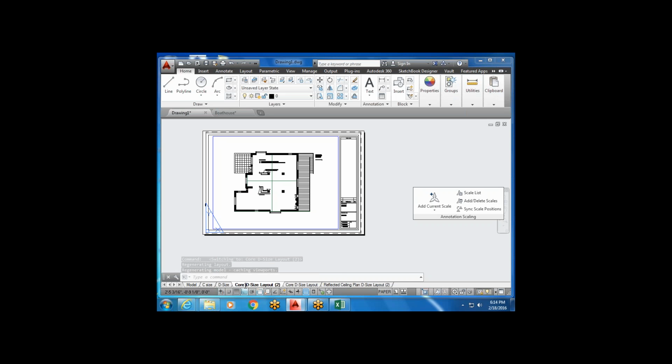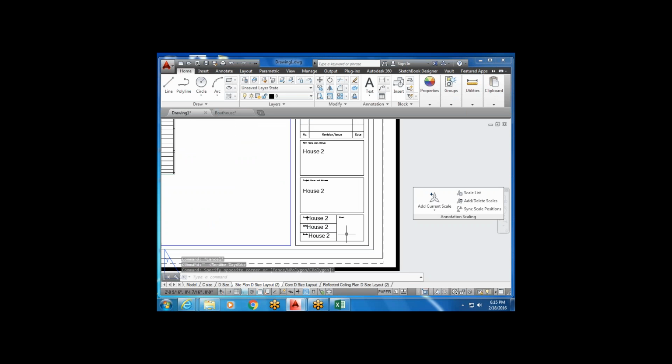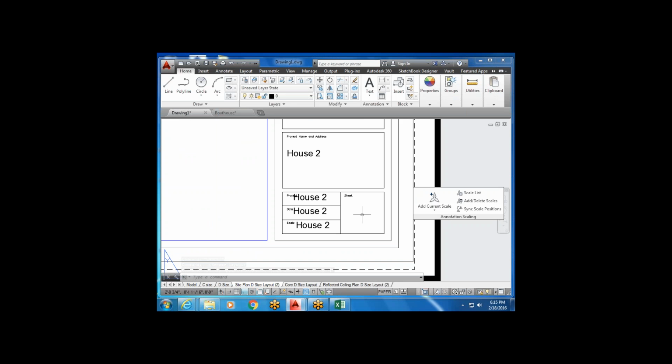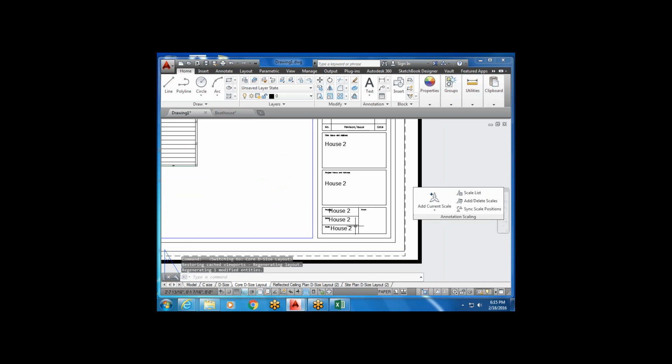So I'm going to come through and I'm going to call it Site Plan. Site Plan D-Size Layout, and click off to get out of it. And now I have that with the information, set my sheet number to 3 and drag it to the end. All right, so core, reflected ceiling plan, site plan, and then it should be, if any of you are missing